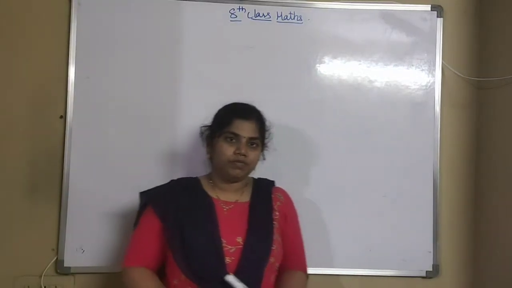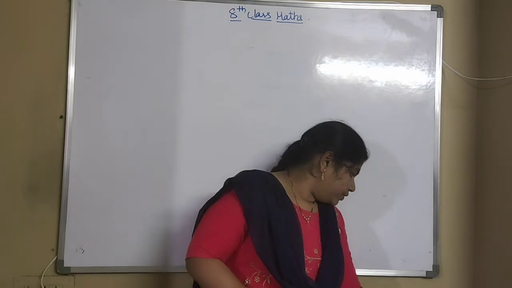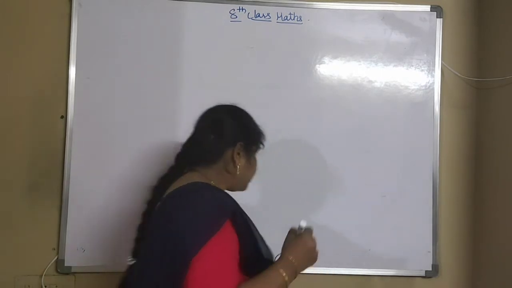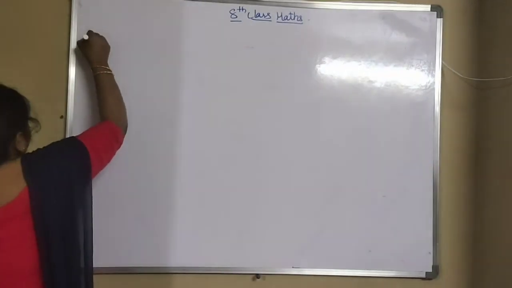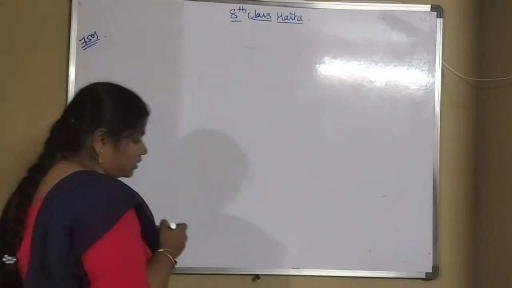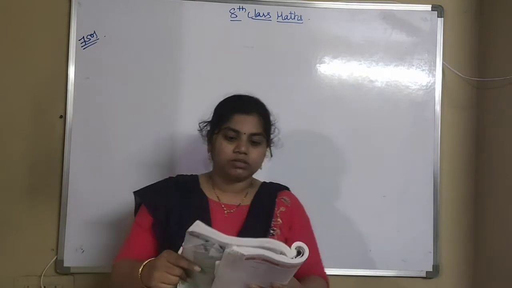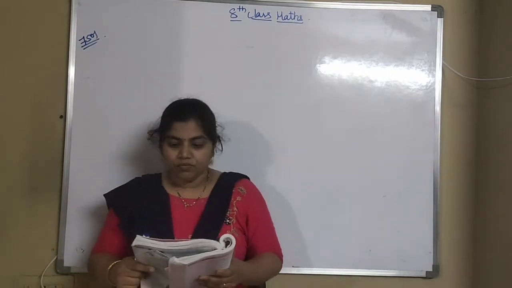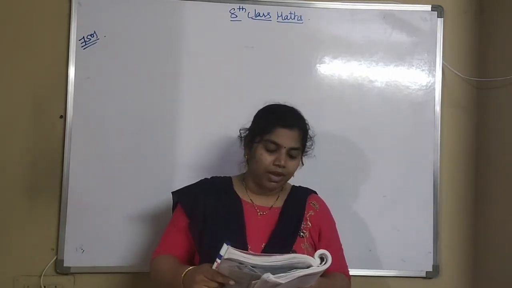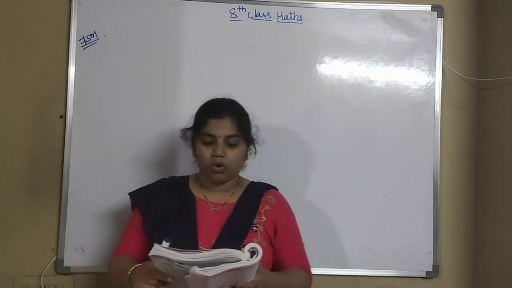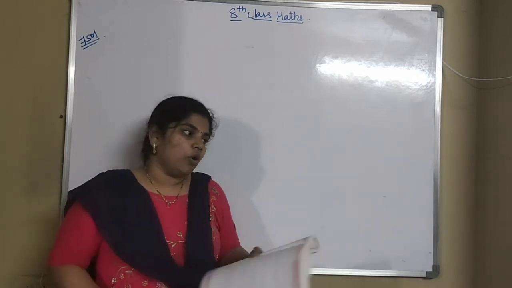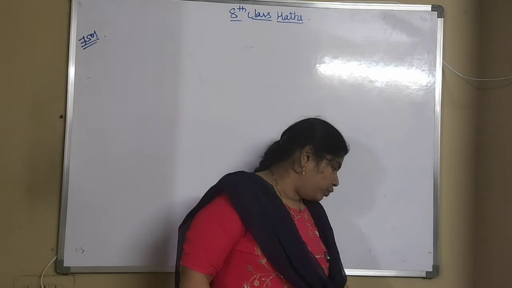So good morning everyone. Today we are going to start our seventh problem, that is, seventh solution. So what is this seventh solution? We will see. Find the compound interest paid when the sum 10,000 is invested for 1 year 3 months at 8 1/2% per annum, compounded annually. So compounded annually we have to find now.